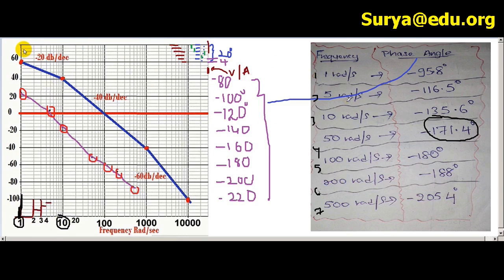So after doing some calculations, you need to find the slopes, and then the changing slopes, and then you have to plot separately what we call the magnitude table. Then you have to sketch it. I think, as you can remember, it's very easy. First of all, carefully look at the problem. Then you have to check whether it is given according to the standard format, which is like 1 plus t times s, because you have to obtain all those terms based upon that. So again, go back to the previous steps that I have taught you. So that's all about the Bode plot.